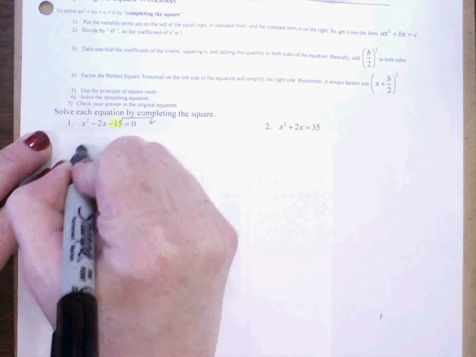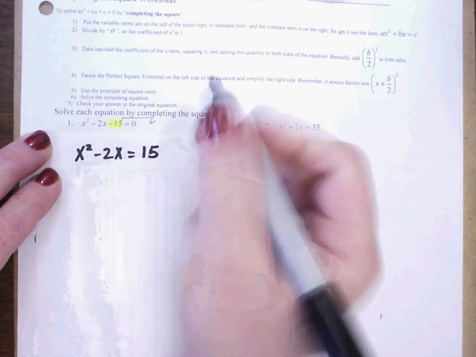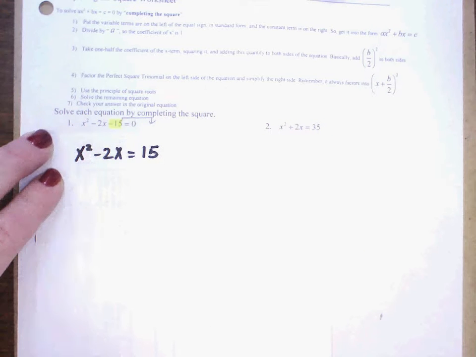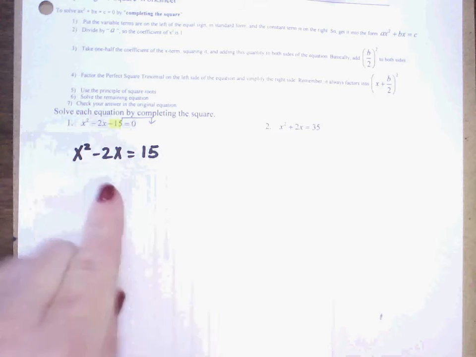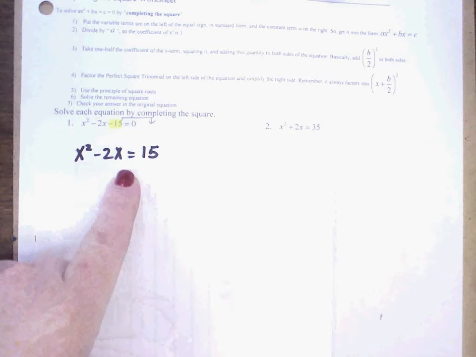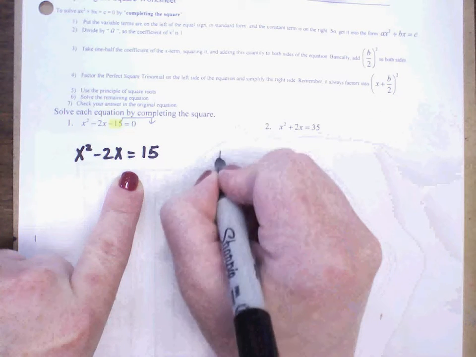So in here it's quite the opposite, and I need to move that negative 15 to the other side, okay? When I move it to the other side, it becomes x squared minus 2x equals 15, right? All right, then I have to know what number to add so that I can have my c. So in order to do that, in order to add my c, my constant value,